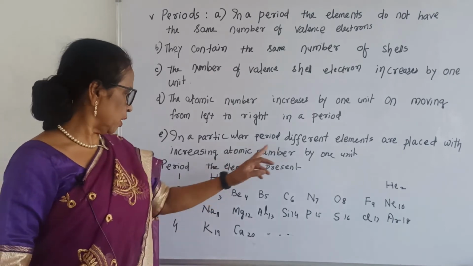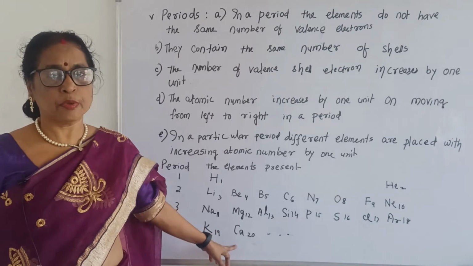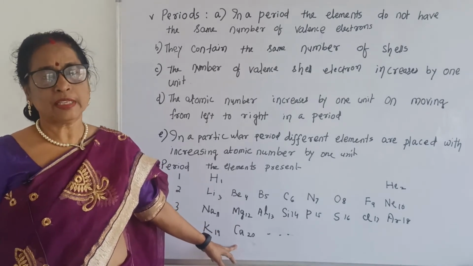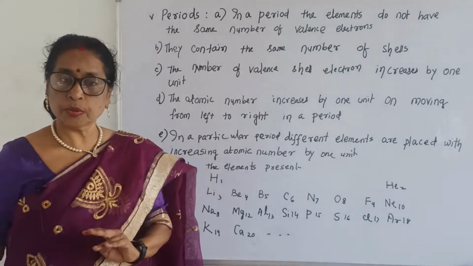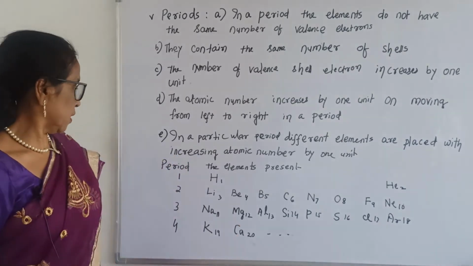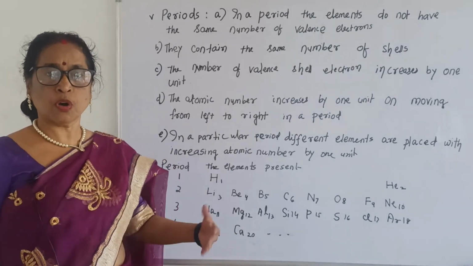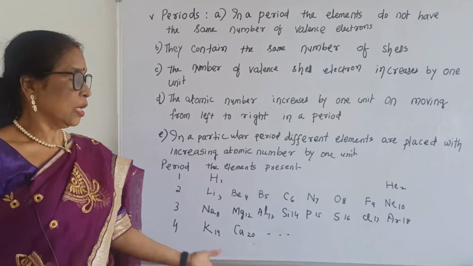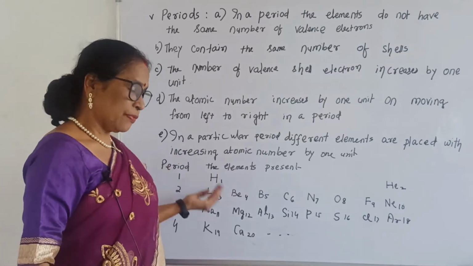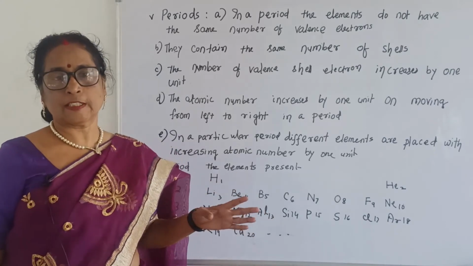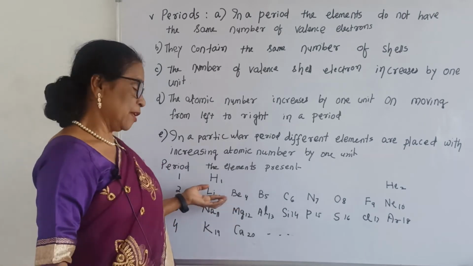Now see, 1, 2, 3, 4, 5 up to 20. You should remember up to 20 in 10th class. In 11th class you will read almost all the periodic elements in different groups and different periods. Now we will see what the configuration is. For configuration, you should know these elements. You can do configuration easily, and after that we will see different properties of the elements in the